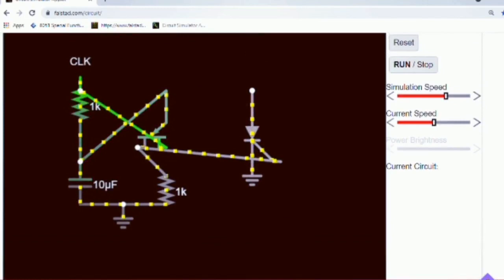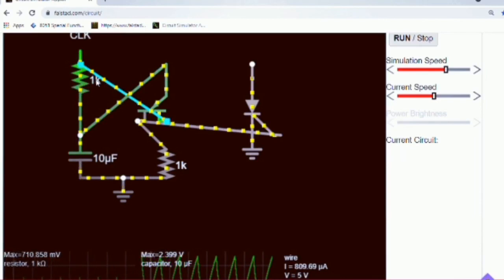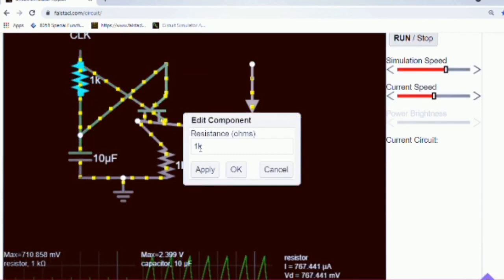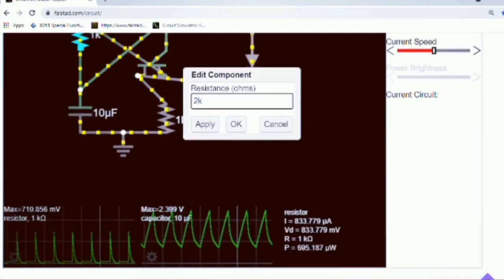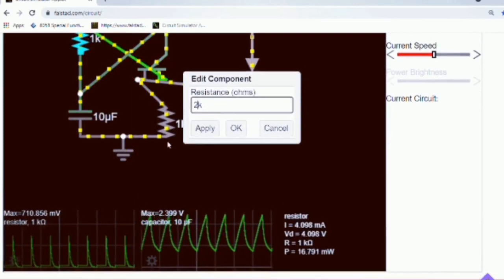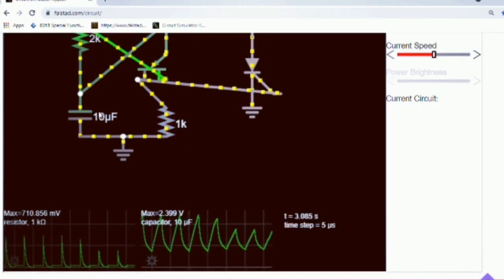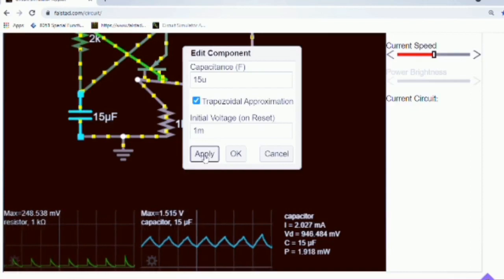Now we will set values to the components. The value of resistor number 1 is 2k ohms. Now the value of the capacitor is 15 microfarad.